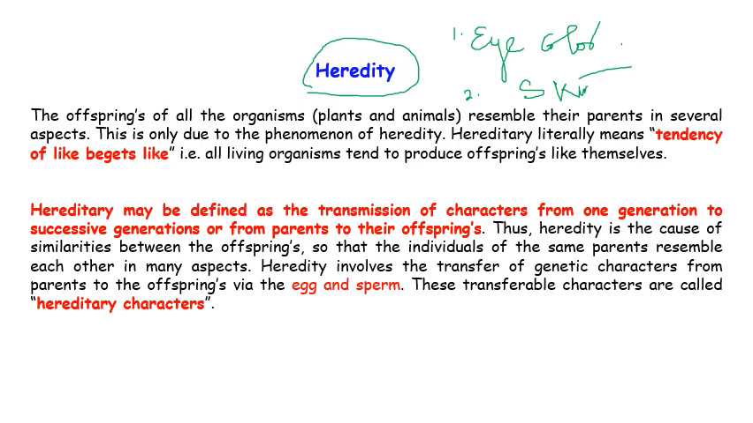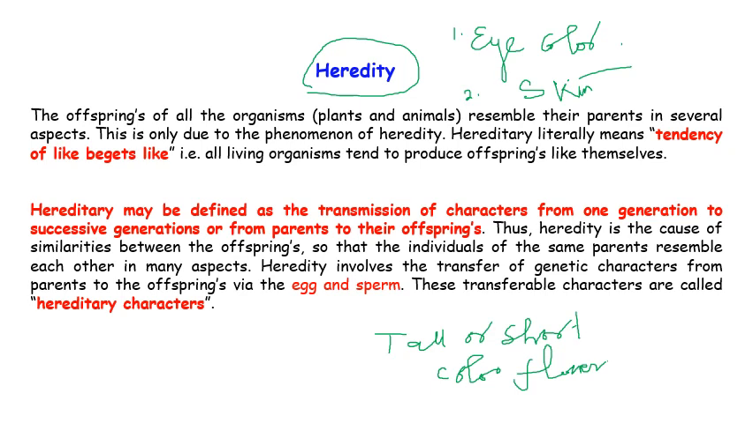In case of plants, whether the plant is tall or short will be determined by heredity. Similarly, the color of the flower will be determined by heredity. The seed type, and the genetic diseases, whether you will be susceptible to a particular genetic disease, will also be determined